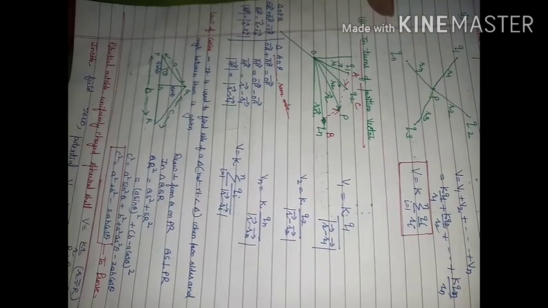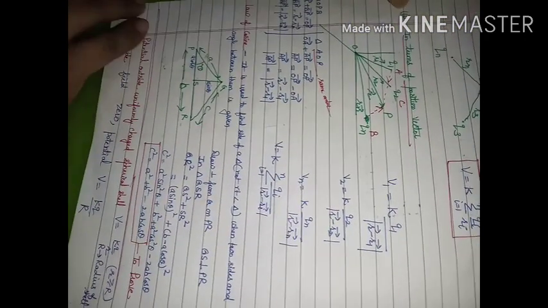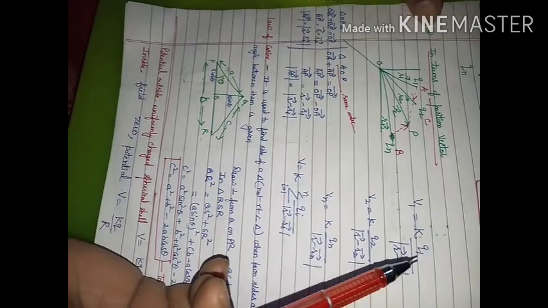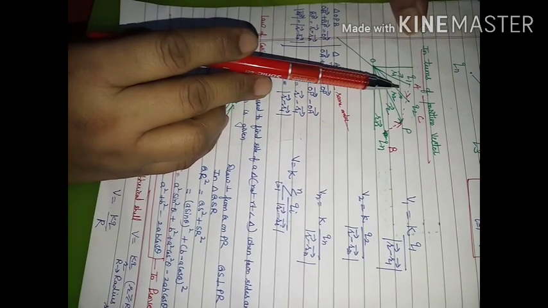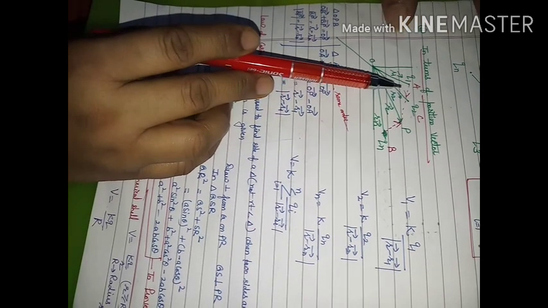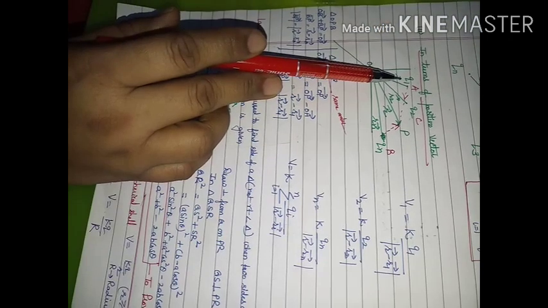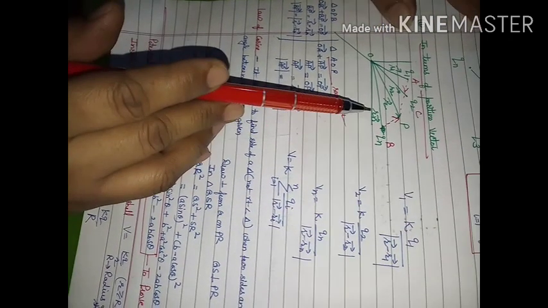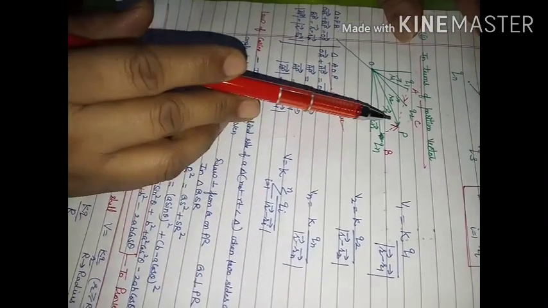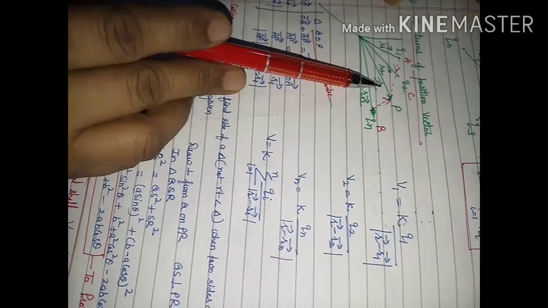If distance is not given and charges are given to you in terms of position vectors, then how will you find the value of potential? As we have done in the case of electric field, we will find the distance between the point of observation and the charge to be considered. So we have charges q1, q2, qn with position vectors r1, r2, rn. Our point of observation P has position vector r.